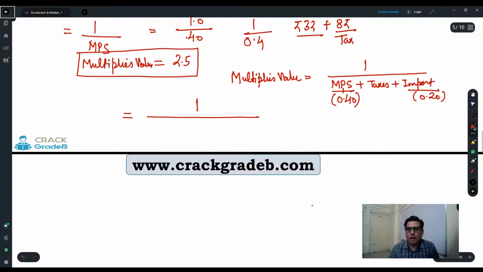0.40. And how much tax have I paid? 8 rupees tax. So it is going to be 0.08. So rather than just 1 upon 0.40, we are going to have 0.68, and if it is 1.68, then the value is going to be